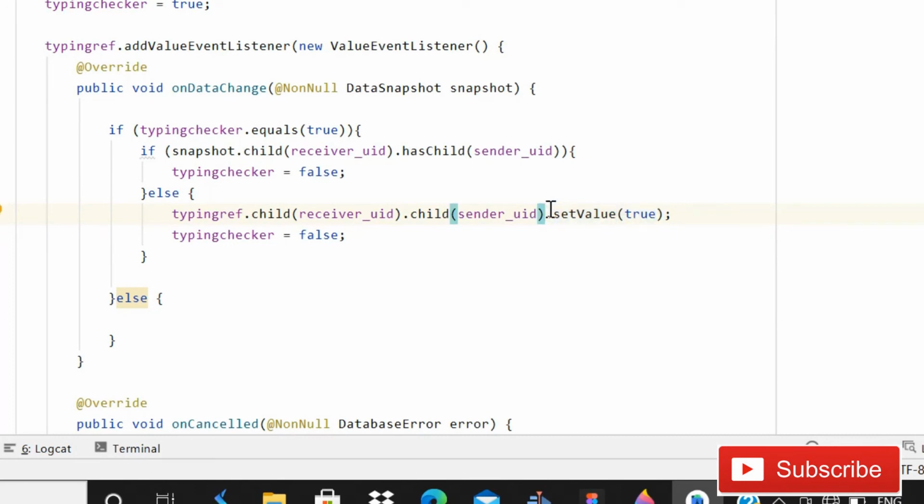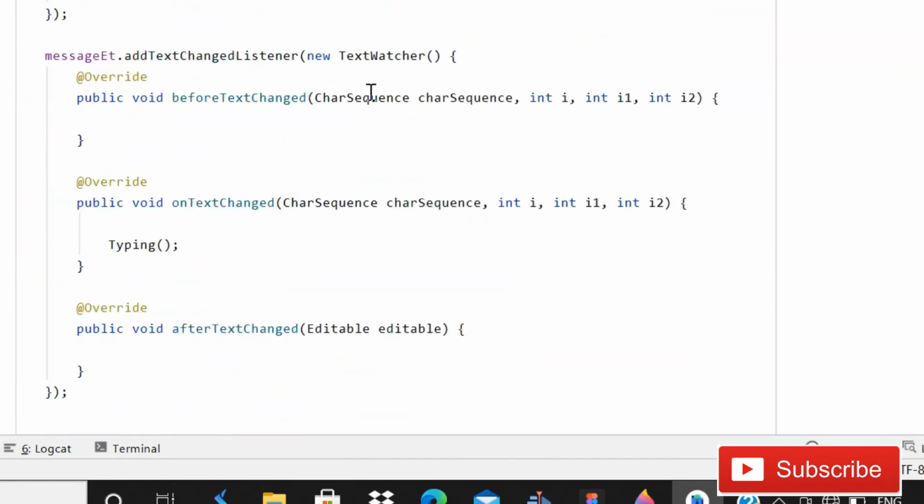So guys, now when you run the app, it will definitely work. I cannot show you the output because I do not have multiple devices, but whenever you chat with two mobile phones, you will see that when you start typing on one, it will show the status on the other one, understand. So that is how it works. That is quite an easy thing. So that is enough for this video.